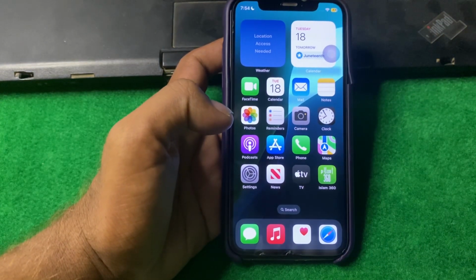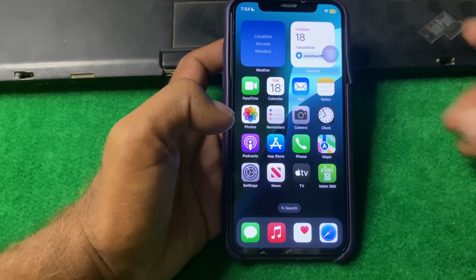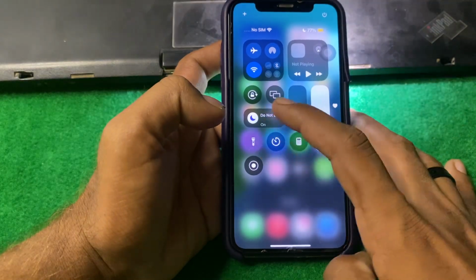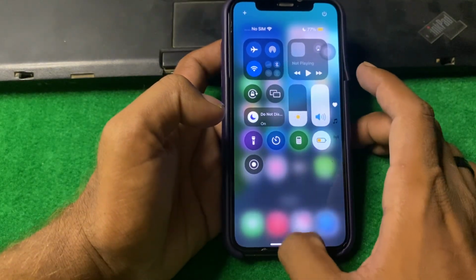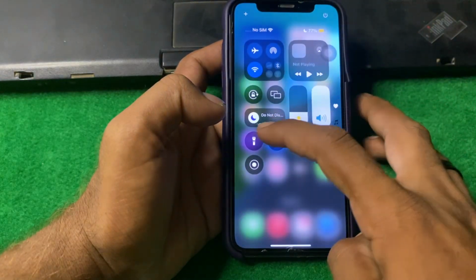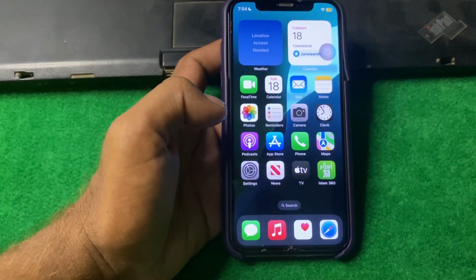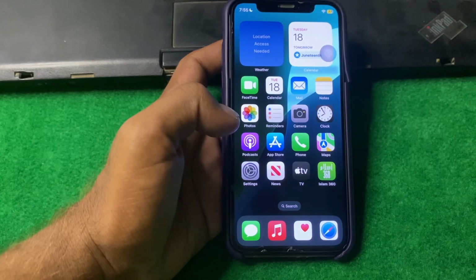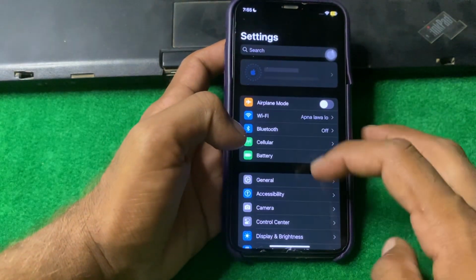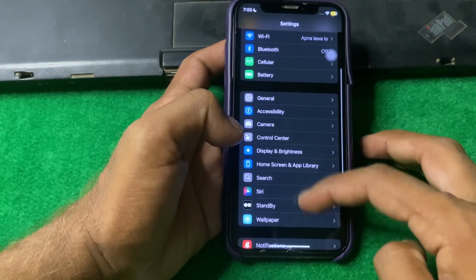And if the problem is still there guys, then you have to simply drag down your Control Center and tap on the flashlight and check if the problem is fixed or not. So guys, check if the flashlight is working or not. If the flashlight is not working, then you have to simply open Settings,